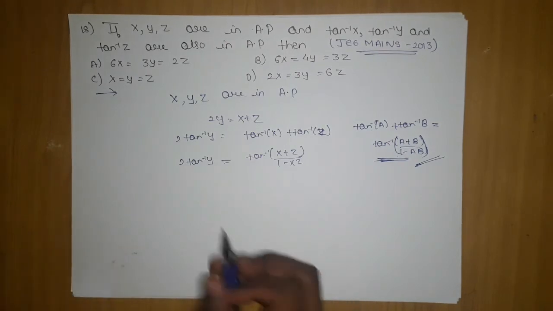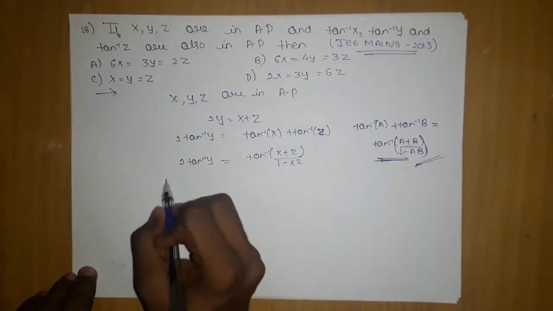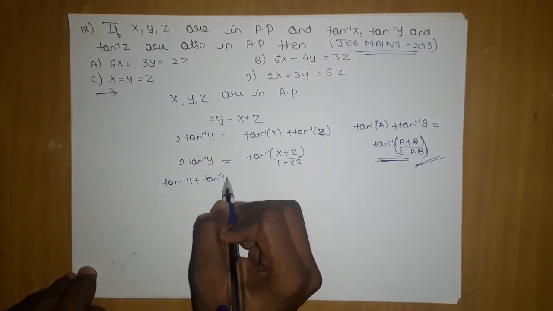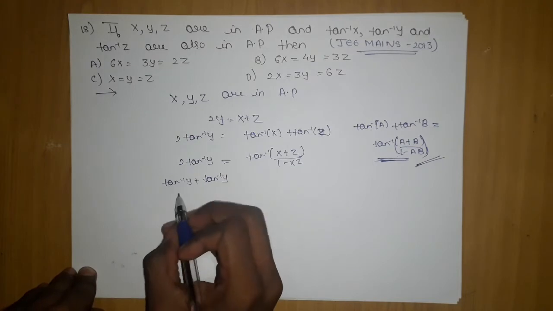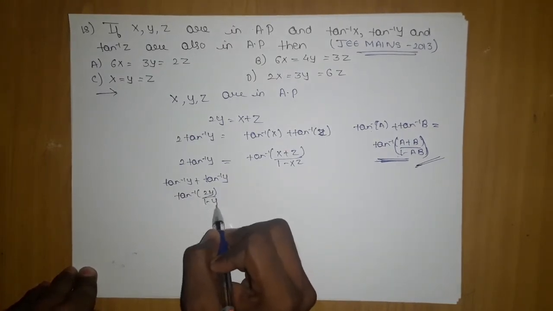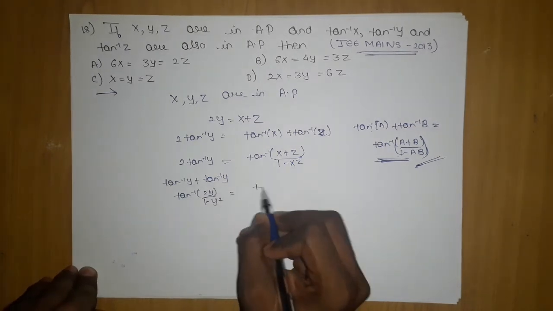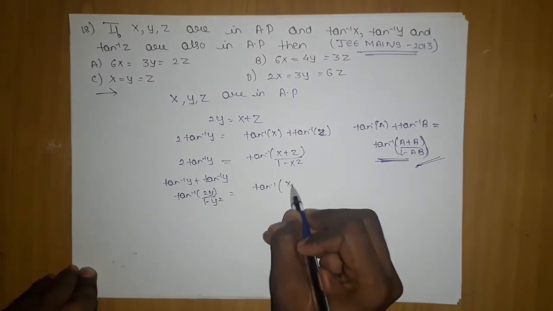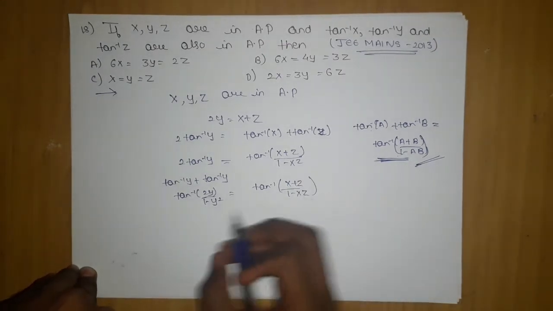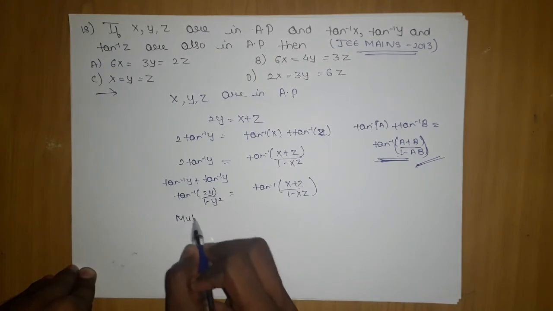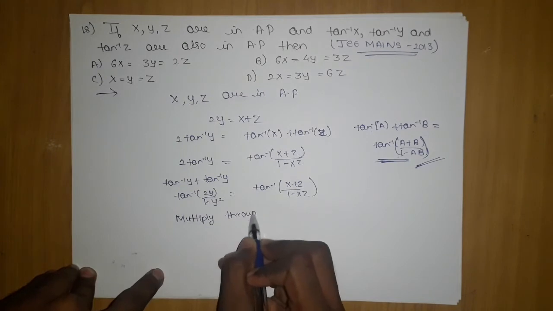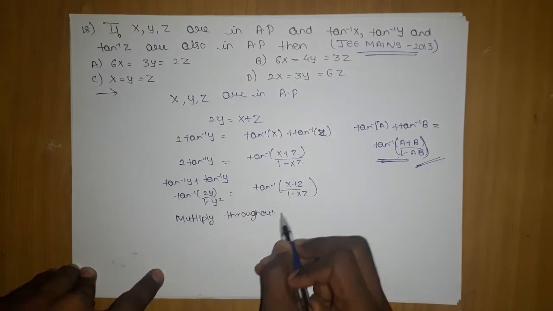Okay, so what we can do here, this thing I can write as tan inverse y plus tan inverse y. Then I can apply this similar formula, which will give me tan inverse 2y upon 1 minus y square, and here I am left with tan inverse (x plus z) upon (1 minus xz). Now if I multiply throughout by tan,